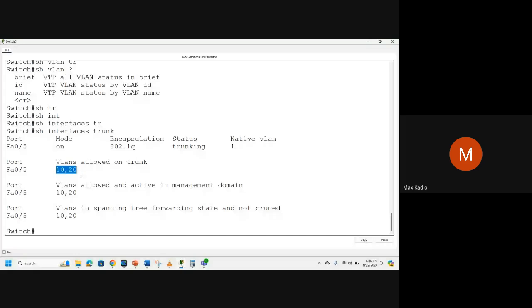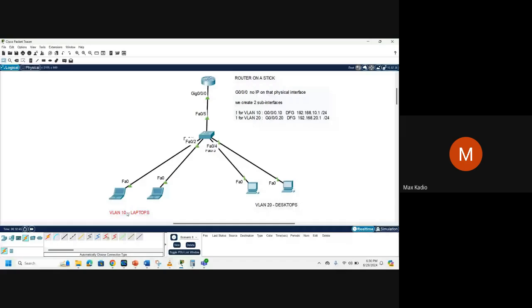So this is a new command, show interface trunk. And we did configure VLAN 10. We did assign ports to this VLAN. We did configure VLAN 20. We did assign ports to it. We configured our router as router on a stick. We configured F0/5 as trunk port. Normally,